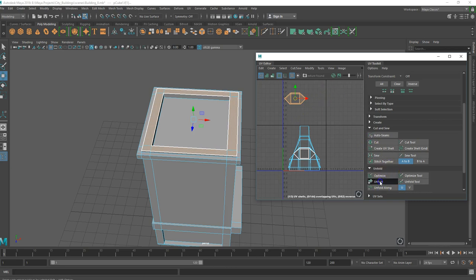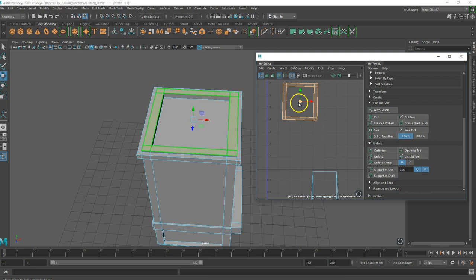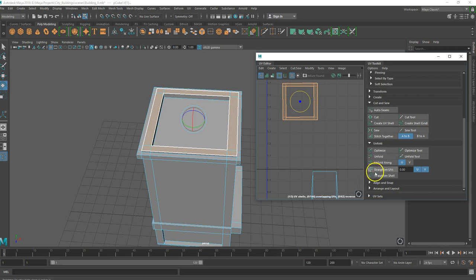Now that I have that done, I'm going to unfold it and also straighten my UV. Now I just have this big square, and it works out better for me this way, mostly so that when I start to do the texturing,